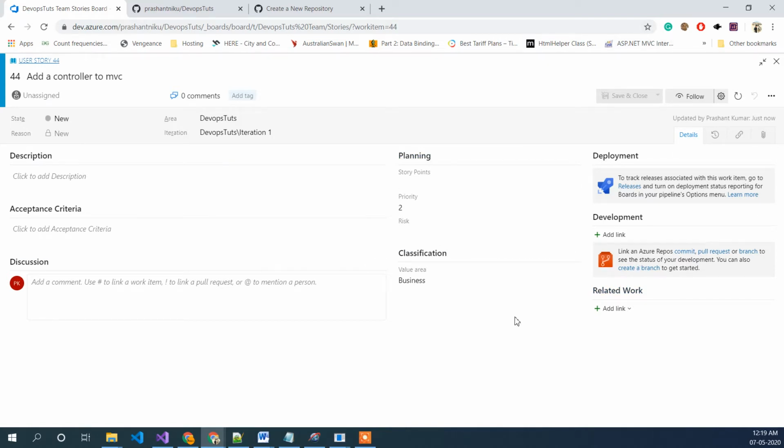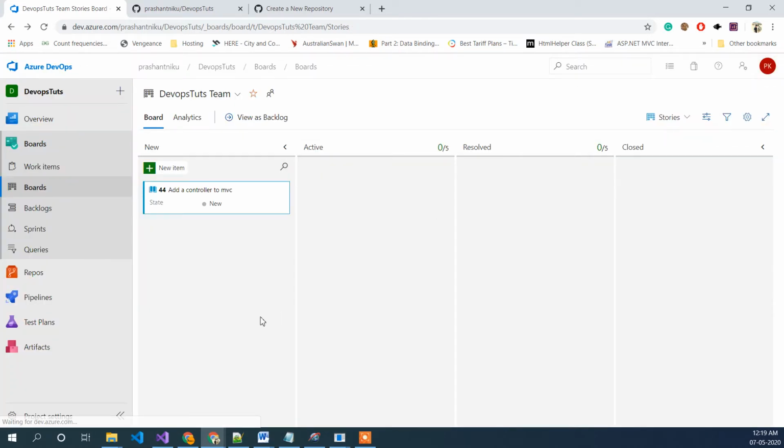The whole idea is, whenever you do any check-ins, you will be committing against this story, and your commit should come somewhere here, or maybe inside a link, and when you click on the link, it should take you to your DevOps and show whatever check-in you have done so far. We will try to do that as well, but later in the video. So for now, I just created a story only.